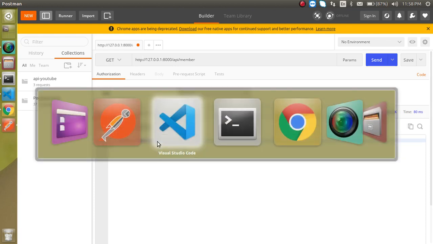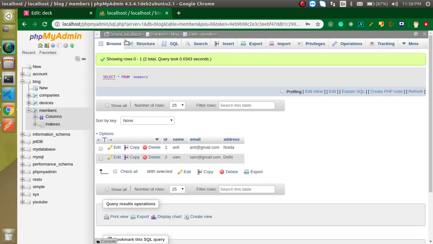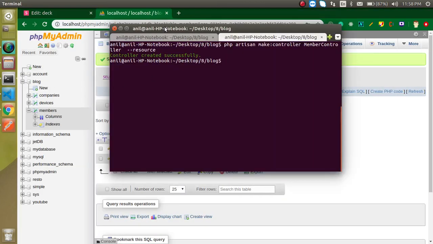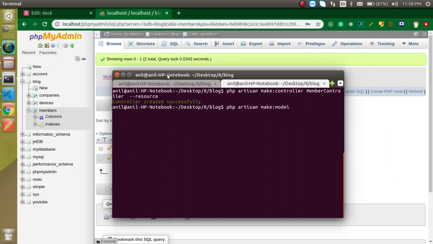This is a static result basically. So let's create a model also so that we can connect it with the database. Just write php artisan make:model, and my model name is Member, because my database table name is members, right?